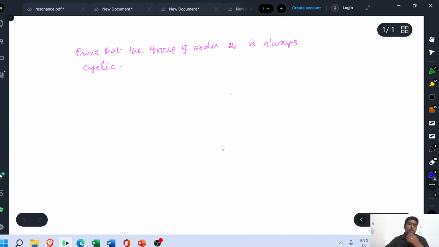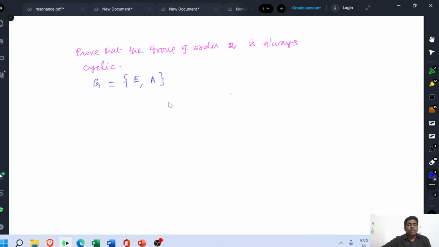Prove that the group of order 2 is always cyclic. We know that the number of elements in a group is called order. So a group of order 2 is generated with two elements. One is the identity element E and another element is A. If the group is cyclic,